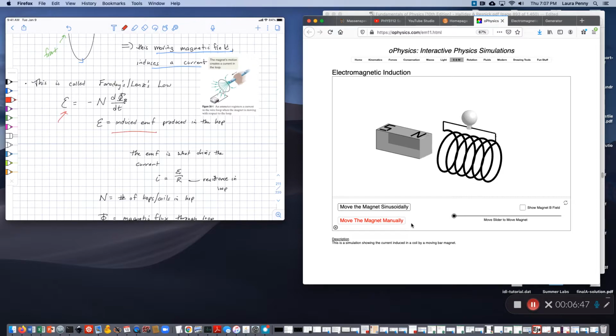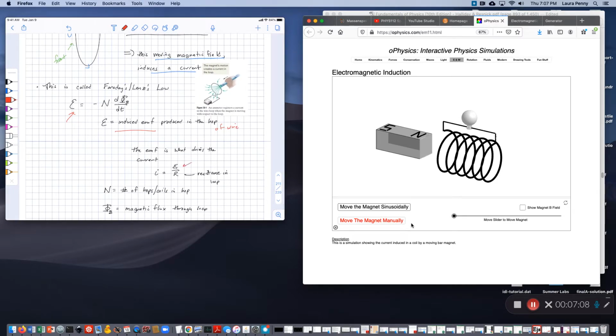We've talked about that before. It's an induced EMF, which is produced inside our loop of wire. And that EMF is what drives the current, right? So this is just saying, the EMF divided by the resistance in the loop will produce the current that we actually see. If it's just a wire, there's not going to be very much resistance, so we'll get pretty